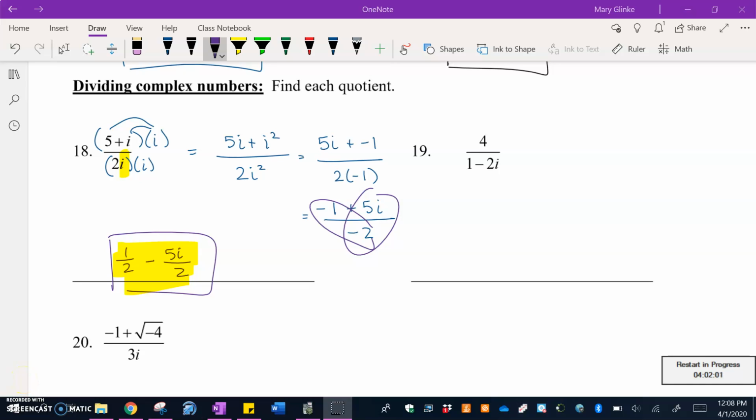Hello, thanks for sticking with it. We have a couple more examples, and then I'm going to show you how to do all of this on your calculator. So for number 19,